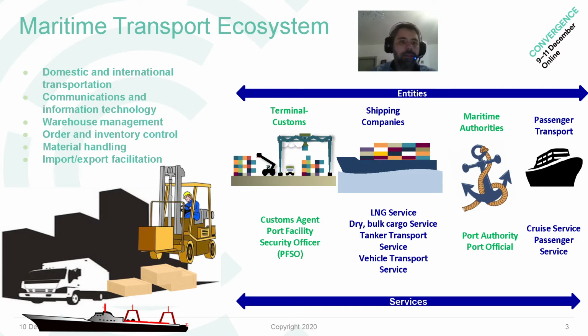Okay, so as you can see in this slide, this maritime ecosystem is a very complex environment and system with various players and actors, including shipping companies, maritime ministries, customs agencies, shipping organizations, and so on. All of these collaborate in order to support a number of operations and establish a dynamic environment. Actually, this ecosystem can be considered as a globally distributed and interconnected process that involves domestic and international transportation, information